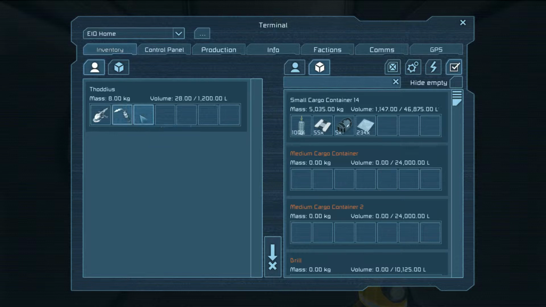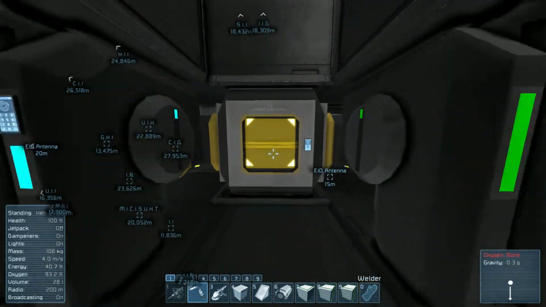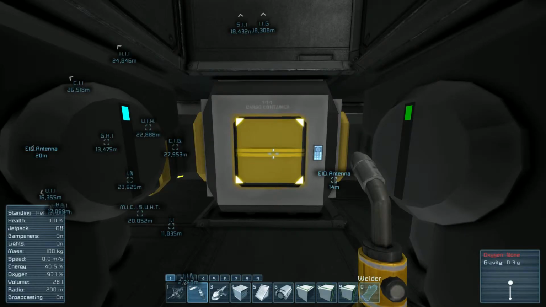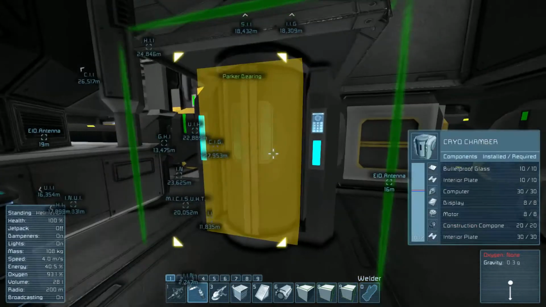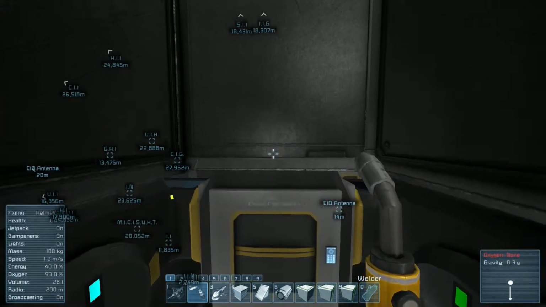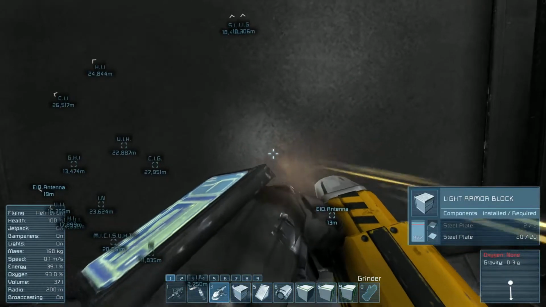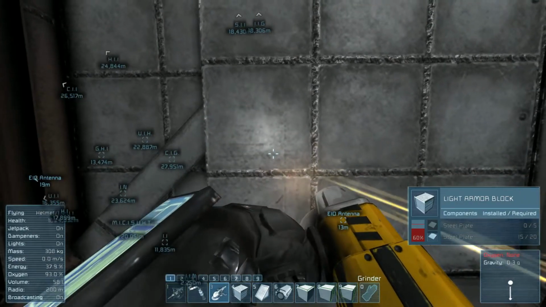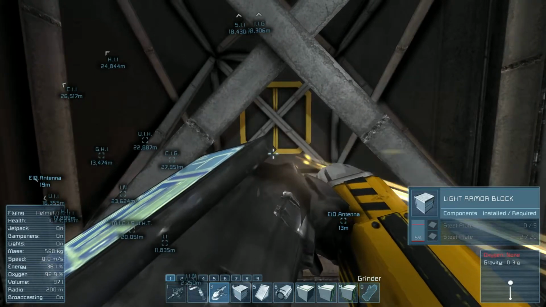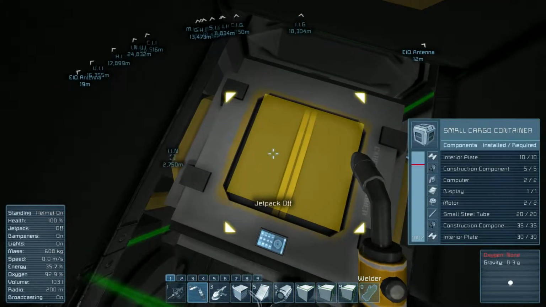Alright, so I don't need any more steel plates right now. Why aren't these coming out of here? This is not a component. Why aren't things coming out of that? Hold on, let me take a look and see what he did back here. Okay, so anything that's in this should...